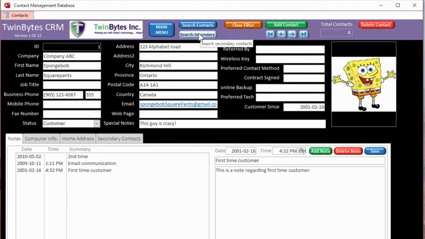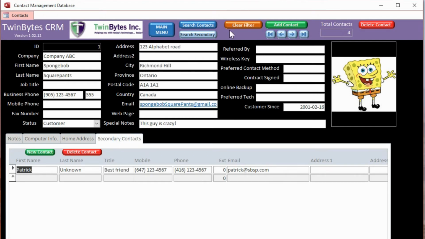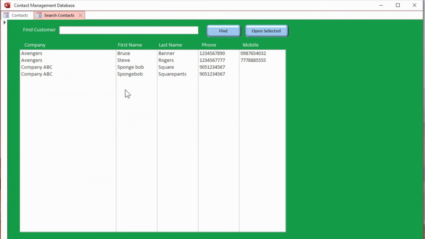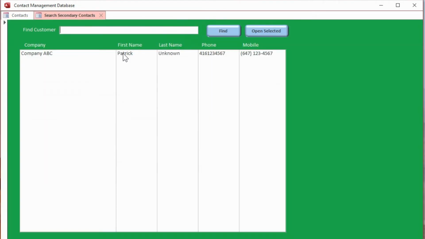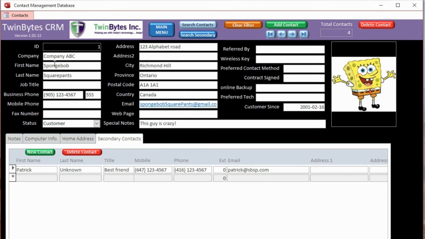So that also has a search secondary contacts. For some of them, like this guy here, has somebody in the secondary. If we look at the search contacts, it shows every contact I have, and first name Patrick is not in there. So if I go and look in search secondary, there he is. So if I was to search and find who that belongs to, I can click on them, and it takes me to this company with this contact, but under the secondary contacts, there he is. That's who we were looking for, and now we know what the contact or company is that they belong to.